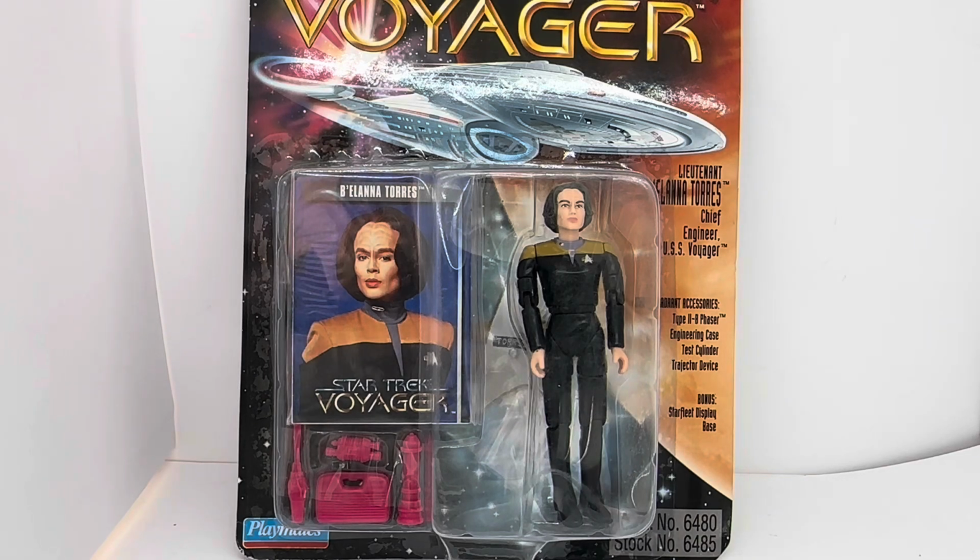Okay, how often do these figures appear on the platforms? Well, Star Trek Voyager ones, not very often, to be fair, because they are so collectible now. And obviously, like all figures, they run only for a short amount of time. I don't know why the Voyager ones seem to be probably the most collectible and the rarest of the Playmates figures to be out there. I'm not quite sure about that. Maybe there just wasn't enough of them imported into the UK. Don't quite know. But in the UK, these appear to be the rarest of the figures, the Star Trek Voyager